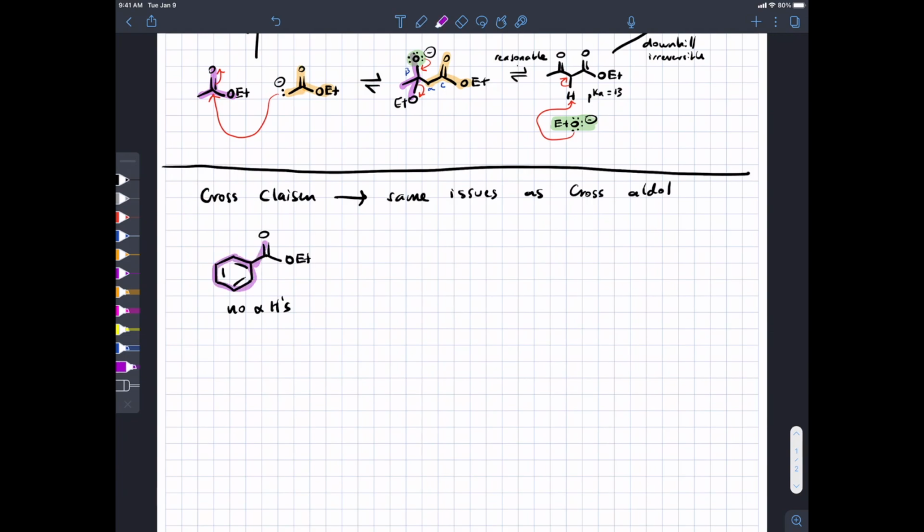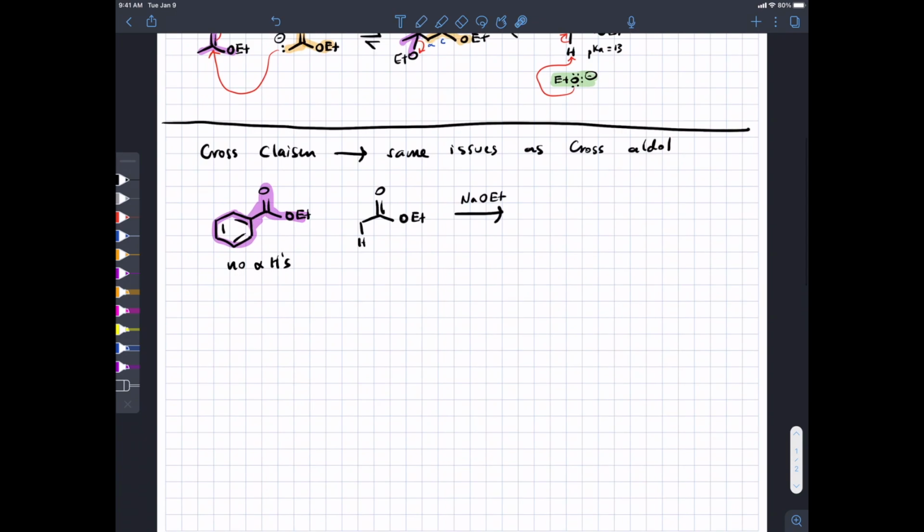So since this is our electrophile, we'll label it purple. And then we'll use as our nucleophile this ester that has just one kind of alpha proton. We'll use sodium ethoxide as our base. By the way, we're using ethoxide as our base, and we're matching the identity of our base to the identity